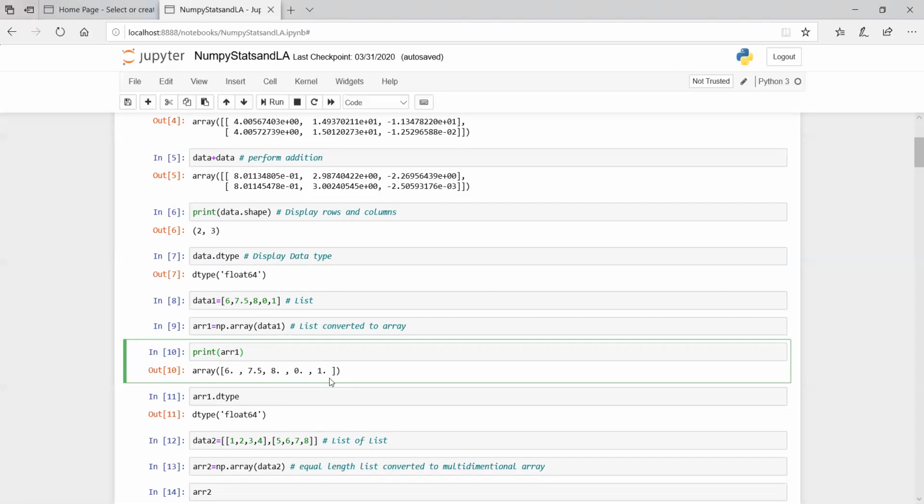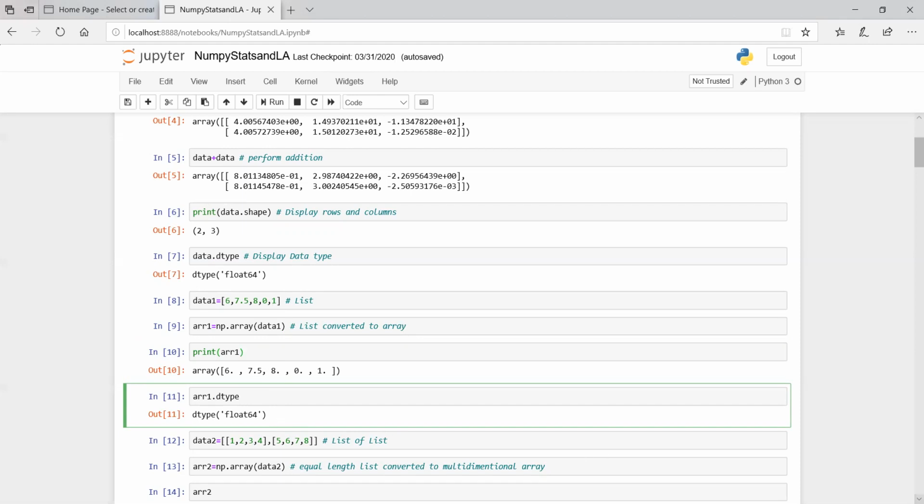Now, why do I say float64? Because when we check the dtype of any data element, we understand what the type of the elements is. Similarly, we'll check for array1, and whenever we write array1.dtype, because it had one value 7.5, it converted all the values to float type and we got the dtype of that array as float64.